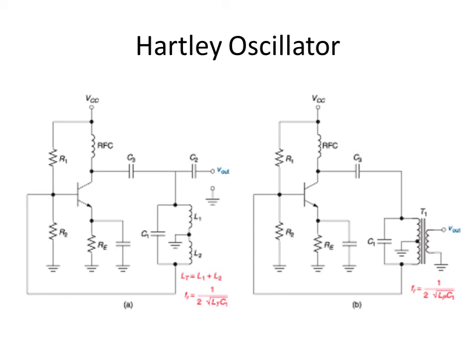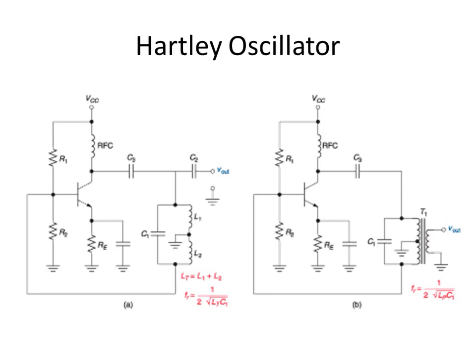So what you have to explain is how the voltages developed across L1 and L2 are opposite, because the voltage developed across L1 is essentially our output, and the voltage developed across L2 is our feedback. So these two voltages should have a 180-degree phase difference. How do we do that? If you examine this part, the top of L1 is positive, the bottom of L2 is negative, whereas the top of L2 is connected to earth and the bottom of L2 is connected to the input part. So obviously the voltages developed across L1 and L2 are reversed.